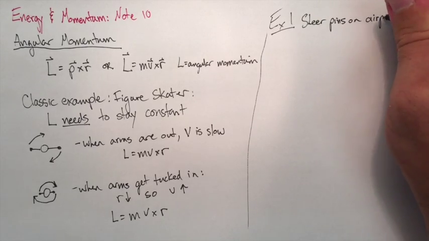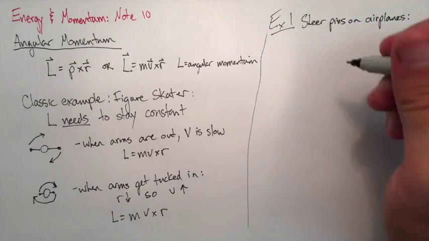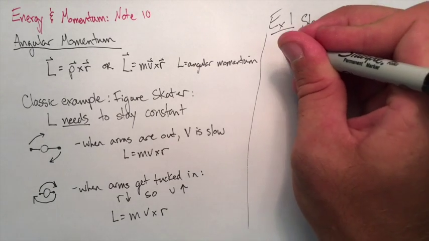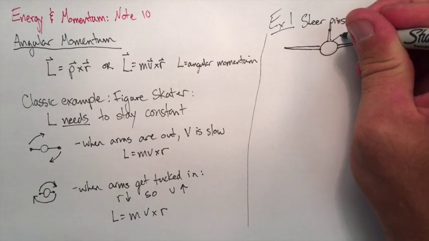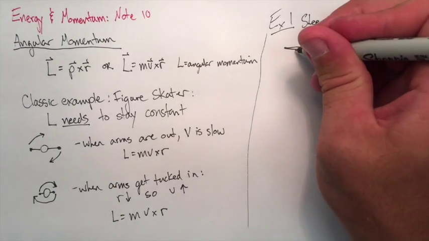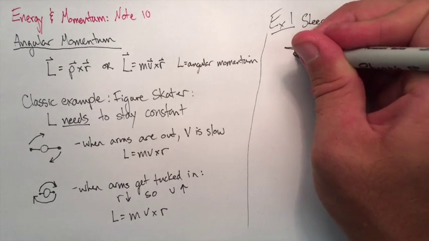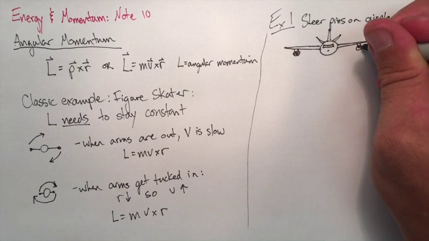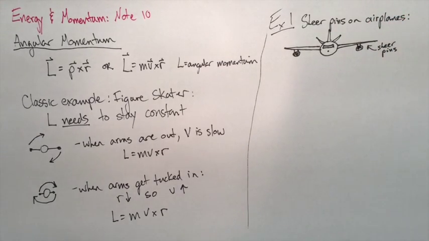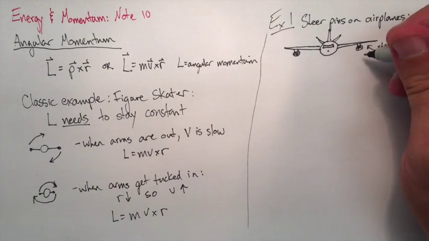An example here is shear pins on an airplane. Pretend we have an airplane flying directly out of the page. There are two engines on the airplane. The engines have a lot of angular momentum. They're spinning at high speeds. If for some reason one of them were to suddenly jam, instead of